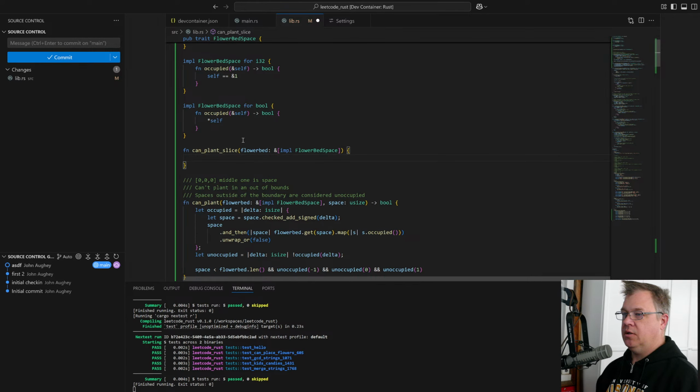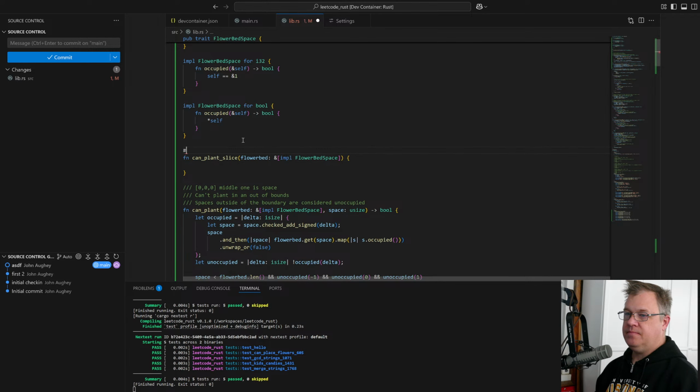And in this case, can we plant in this slice of 3 flower beds?